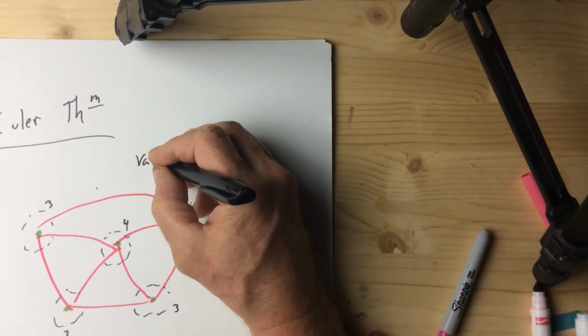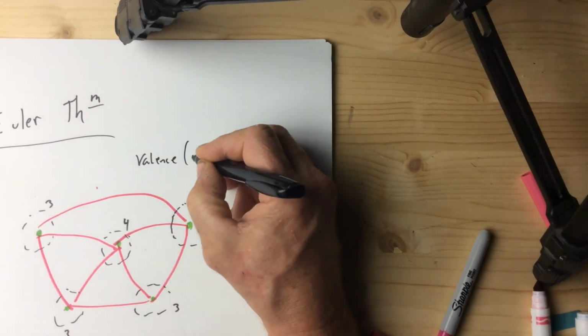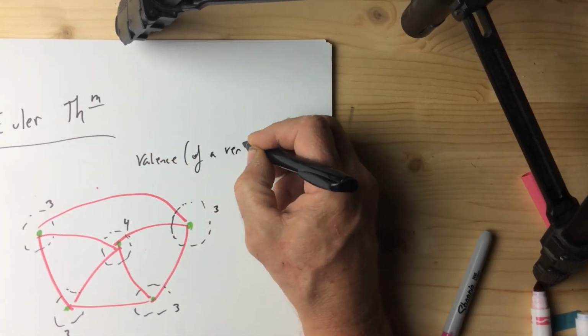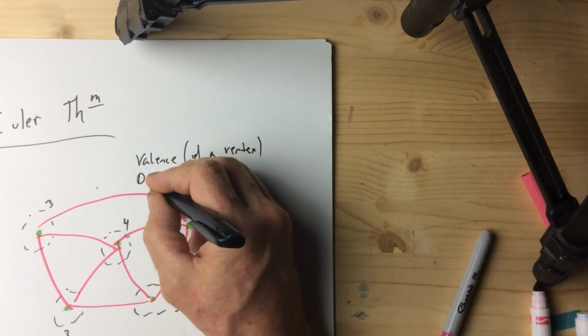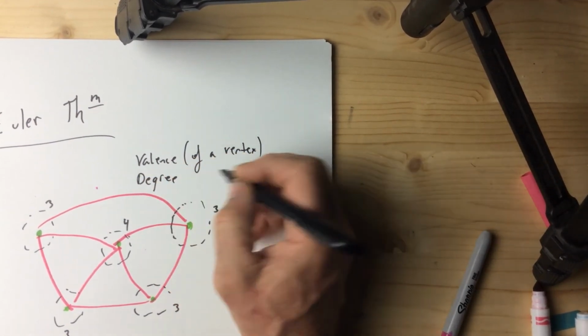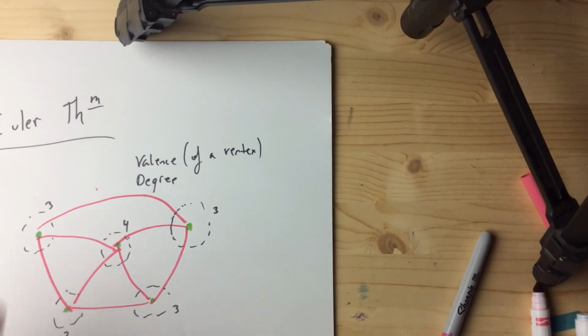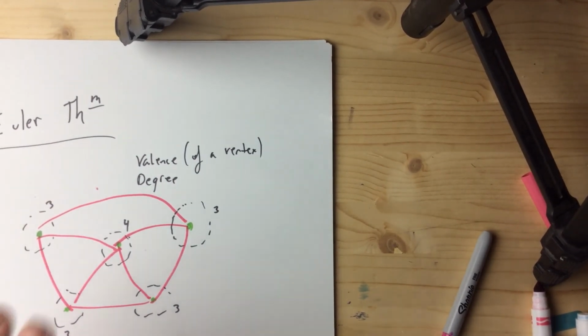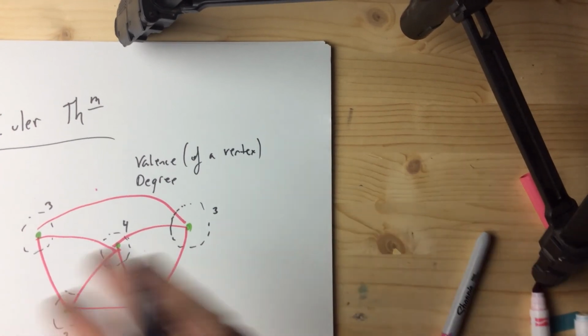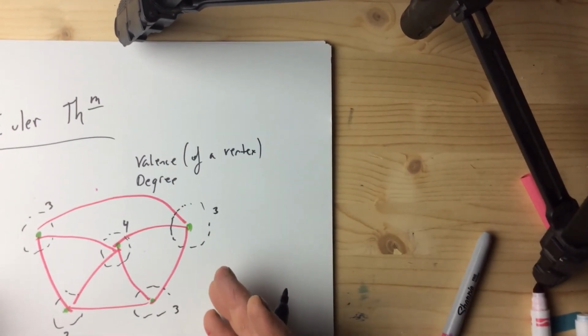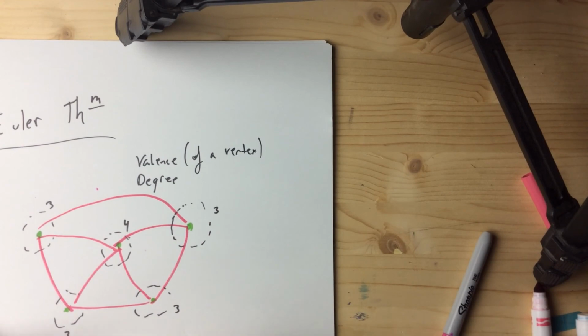And these things are called valences of a vertex. We also call them interchangeably the degree of a vertex. Euler said, you can't find, or there doesn't exist, a circuit visiting every edge exactly once and coming home if any vertex is odd. So his theorem says, if any valence is odd,